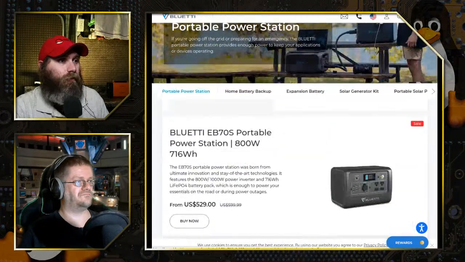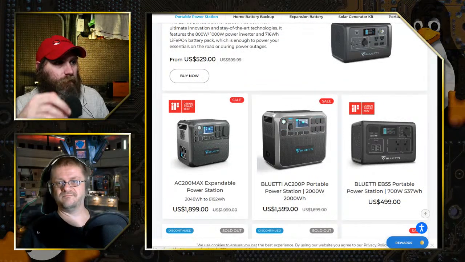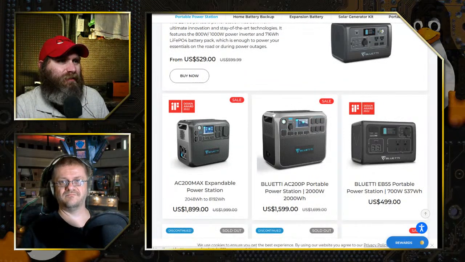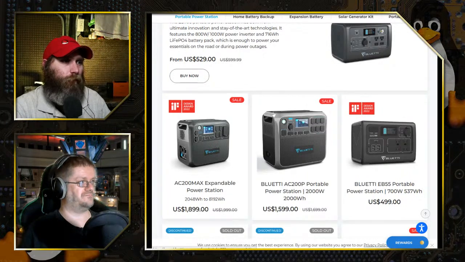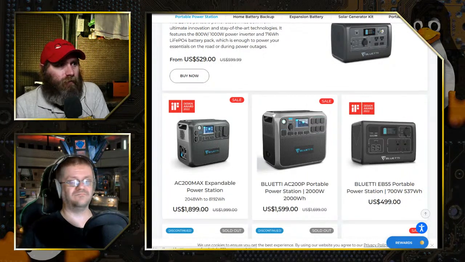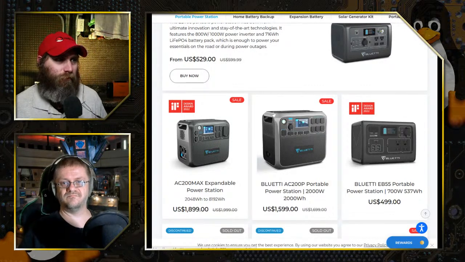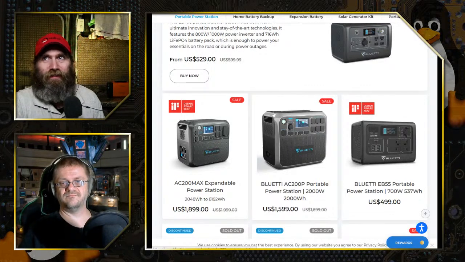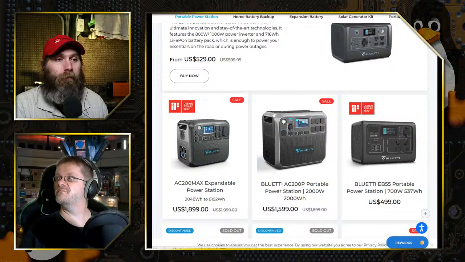They have a lot of different ones. Some of the van dwellers will use the big packs. This one here is a 2000 watt hour. It's slightly smaller than the batteries in my van. I think my van's like 2400 watt hour. So it's about the same size, but it's a single package. All you need to do is plug some solar panels into the side of it and you're good to go. So these are pretty good if you're looking at van life. This one here will power everything I'm doing.